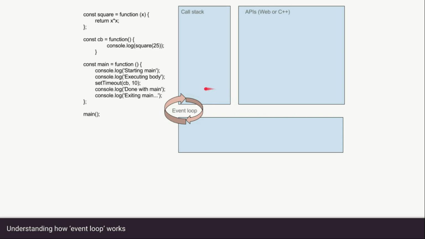And as you can see that we have reached the conclusion of our program. Our call stack is empty. There is nothing inside our event queue. So our program is fully executed, right? So that is it. That is how event loop along with the APIs provided by the platform ensures that our